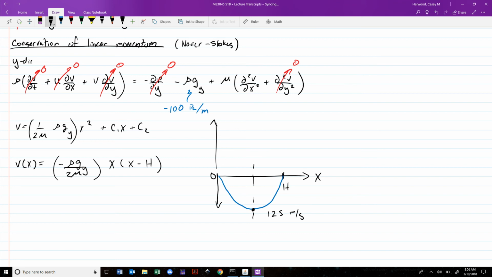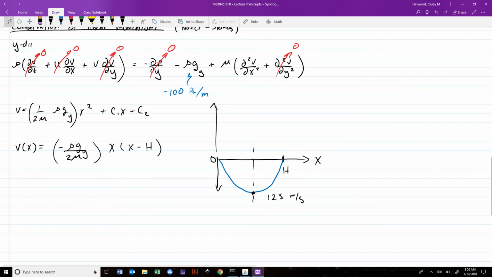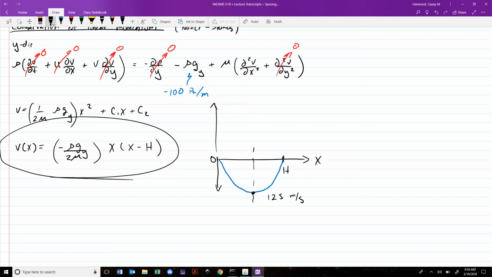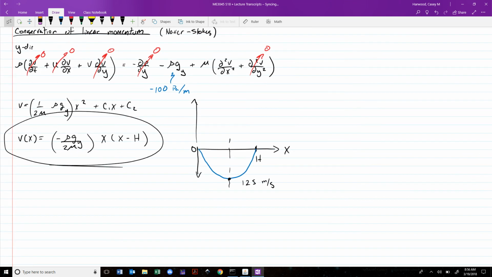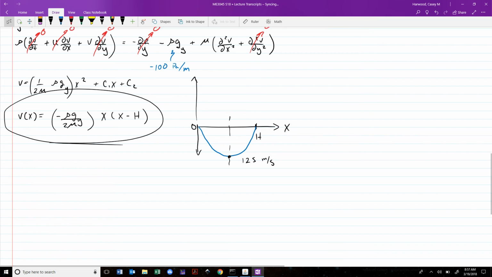Okay, so if this is V, we have our solution. Now we would move on to the energy equation, which uses this information to give us the temperature distribution across the same gap. And that temperature distribution is going to allow us to learn more about the convective heat transfer coefficient. So our energy equation